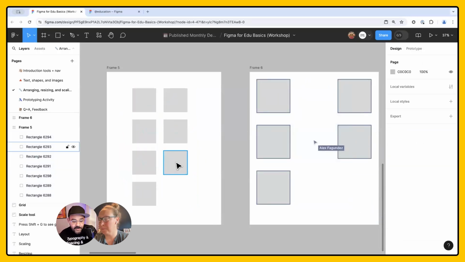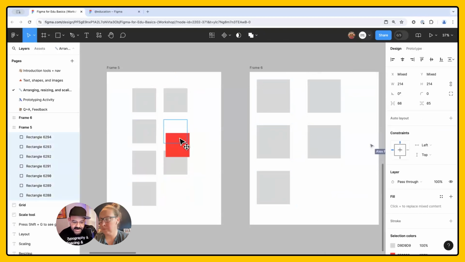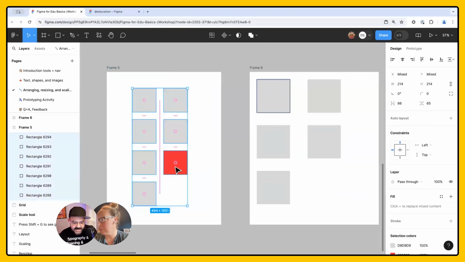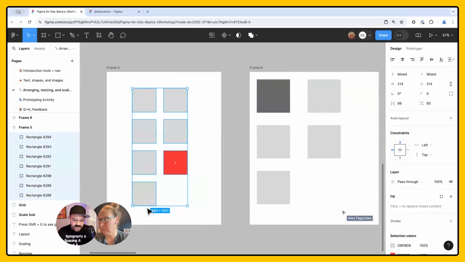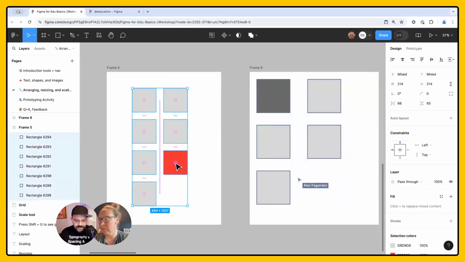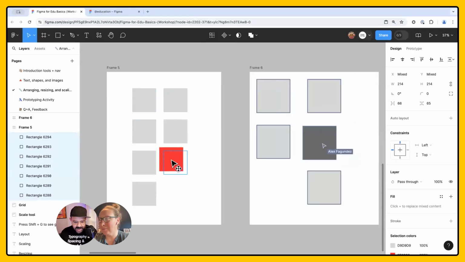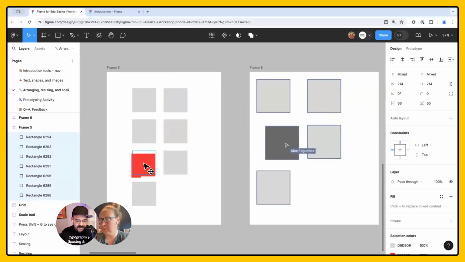And if you had one that was a different color, you can actually move it in that space. So when they're arranged and you see those little dots, you can actually move a slightly different one around. So when it's selected, you'll see the little dots, and then you can move it. Oh, very cool. And for more control, hold down the Command key. If you're on Windows, it's the Control key, and you could just move that specific one.